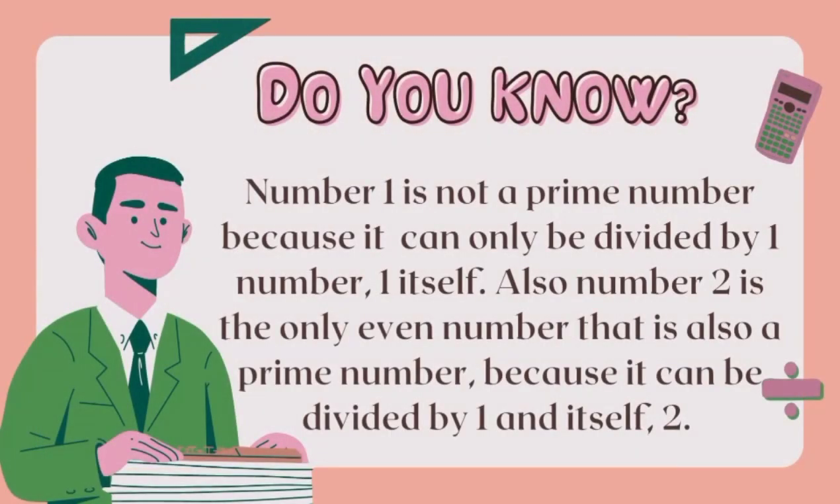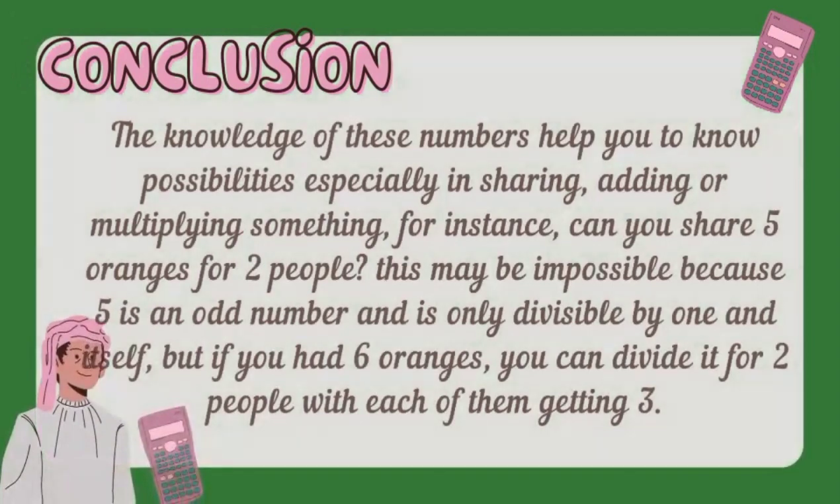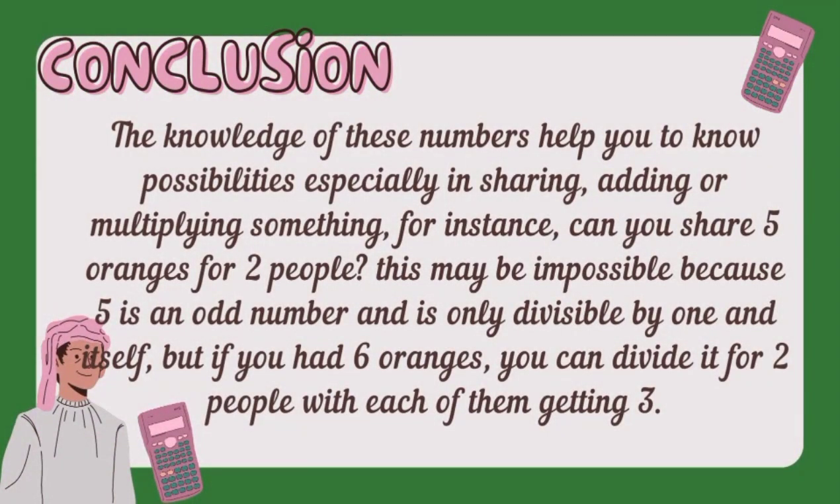Do you know? Number 1 is not a prime number because it can only be divided by 1 number, itself. Also, number 2 is the only even number that is also a prime number because it can be divided by 1 and itself too. Conclusion: the knowledge of these numbers helps you to know possibilities, especially in sharing, adding, or